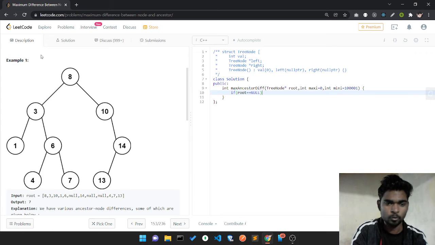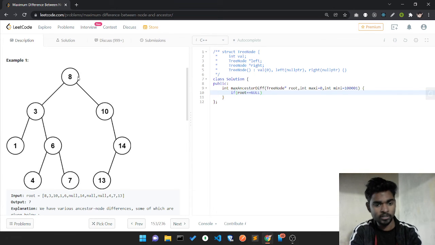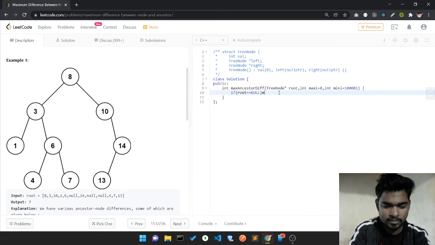So maxi contains 14, because 14 is the maximum value, and mini contains 8, because in this root to leaf path 8 is the mini value. What I'll do is return maxi minus mini.